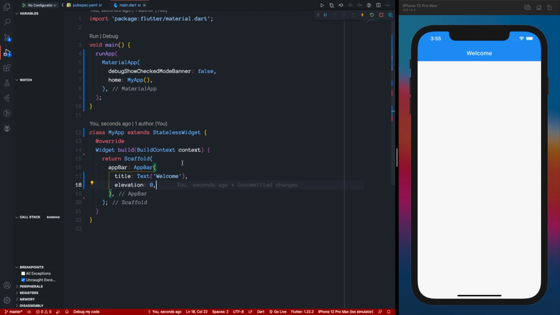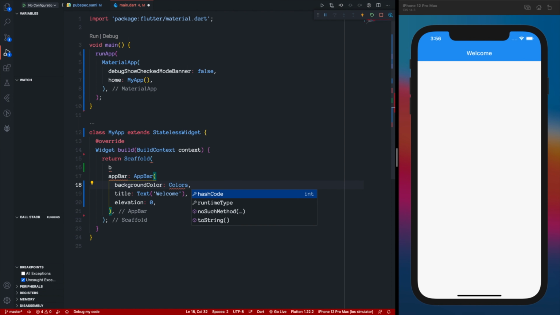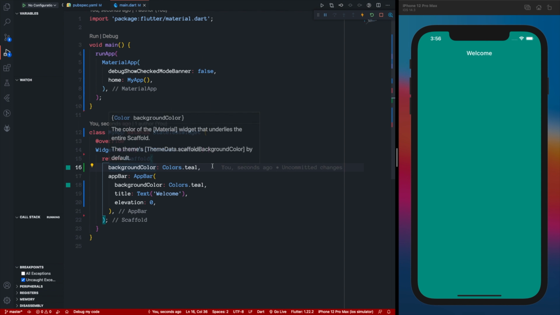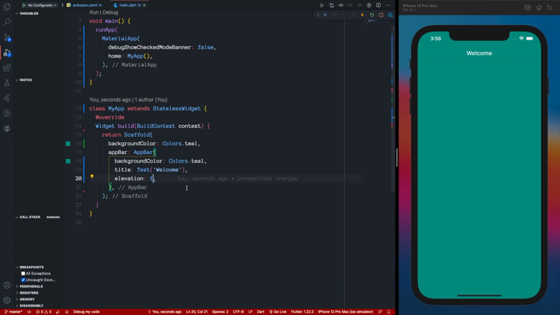And over here I'm going to change the background color of our scaffold, or the base of our app, to teal. So I'll just change the color to teal. Okay, now you can see that when we set the background color to teal, including the app bar, all the things have become teal. So I'll just add maybe 1 so that we'll get this slight line over here. Okay, now we have finished the app bar and we need to go to the body.